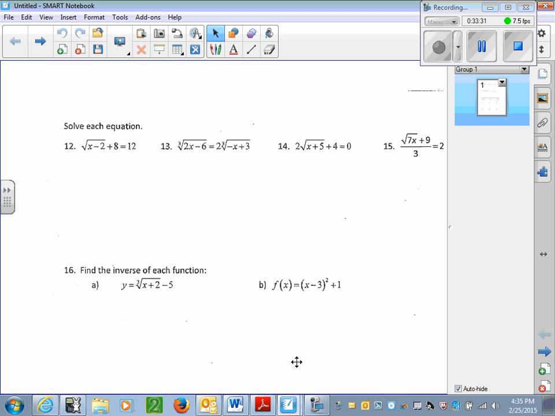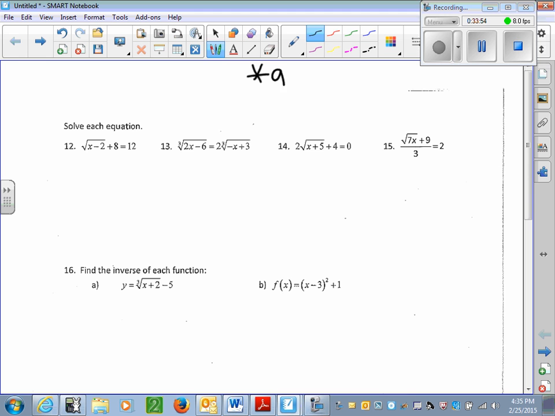Alright, so solving equations with radicals. We did this towards the end of the unit. Let's just do a couple of these. Let's see, let's do number 14. Okay, let's do 14. All right, remember, it's kind of the same steps as when we're talking about absolute value. You want to get it clean, get radical clean. And then you can figure out how to get rid of the radical. So get radical clean, and then get rid of radical. Very non-math terms, but